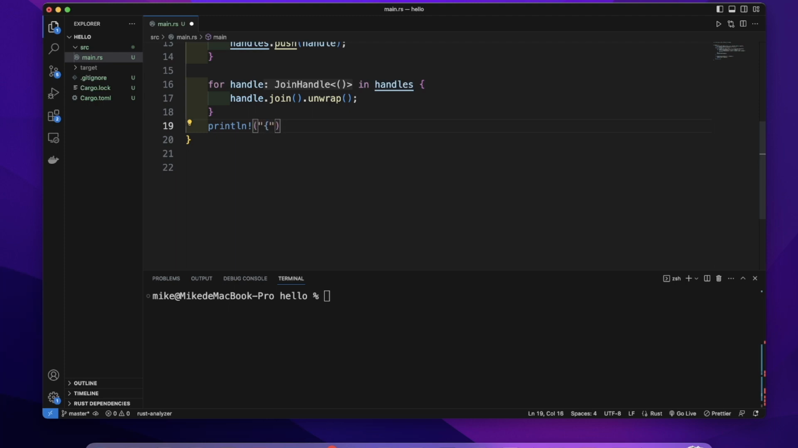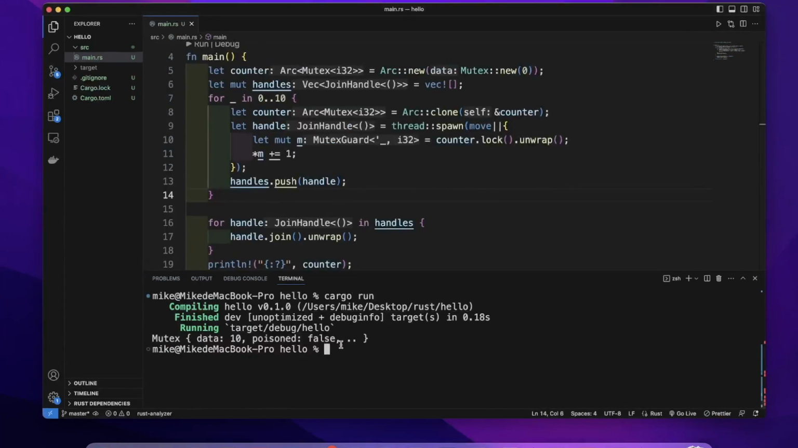And last, let's print out this counter, println with double colon curly brackets colon question mark, counter, and in our terminal let's cargo run. You can see the inner value in this mutex will change from 0 to 10,